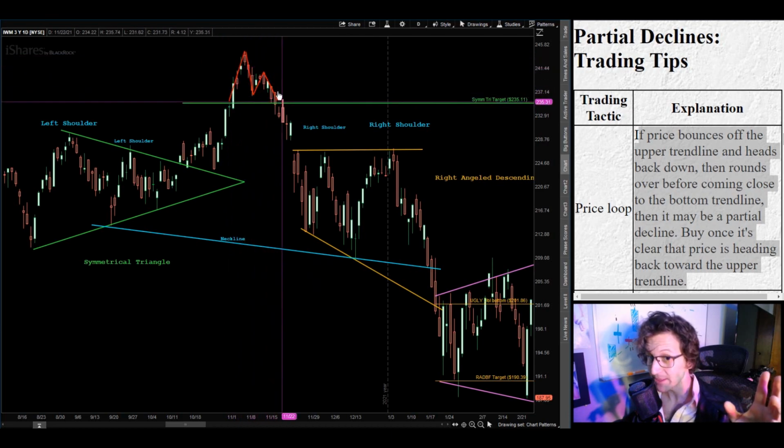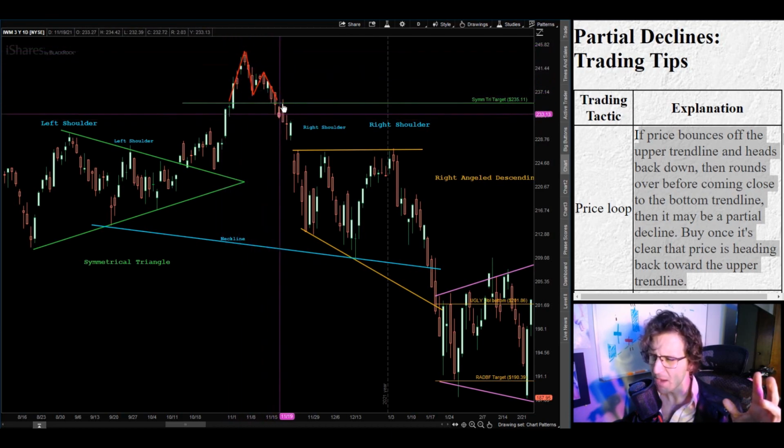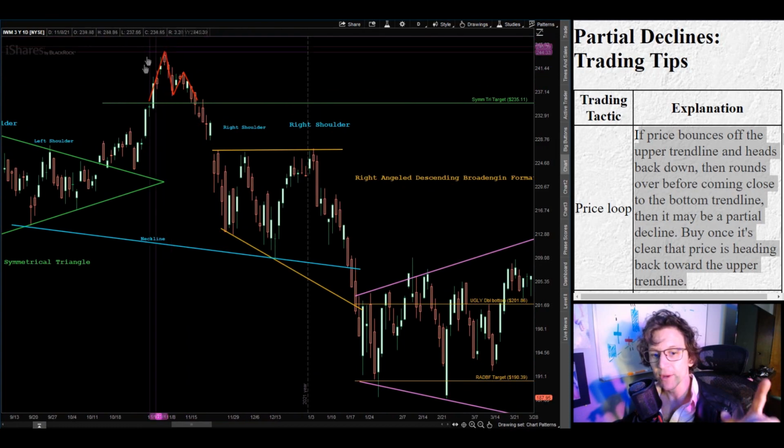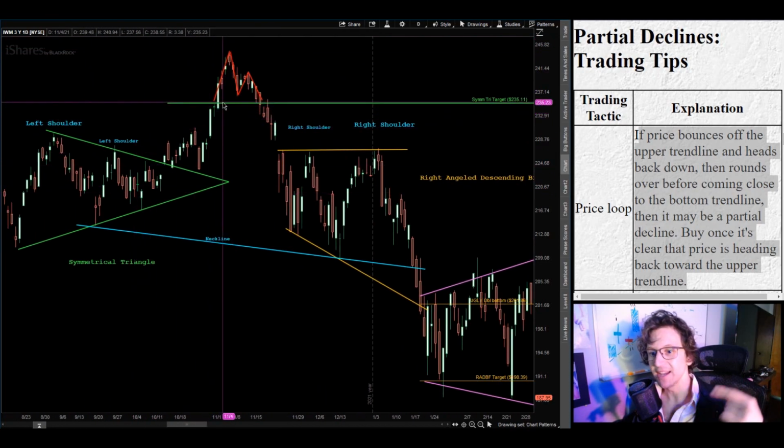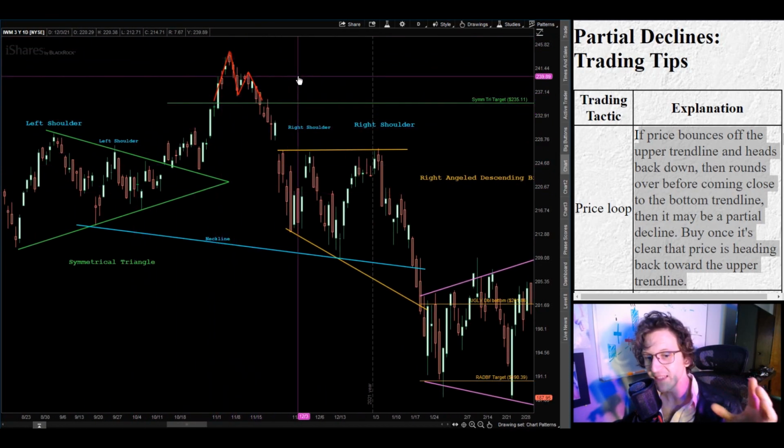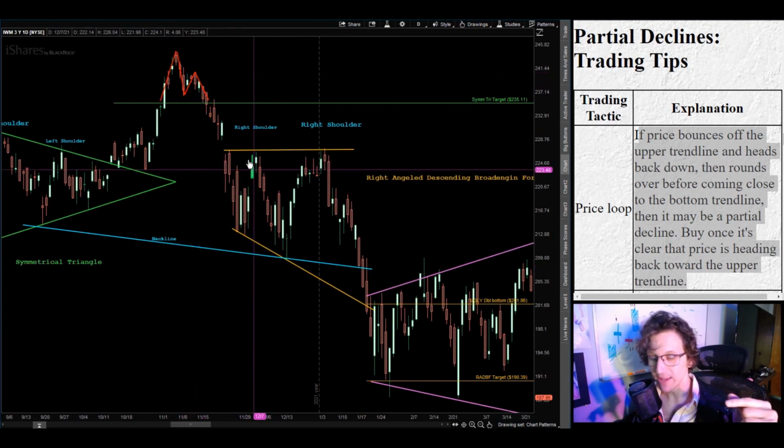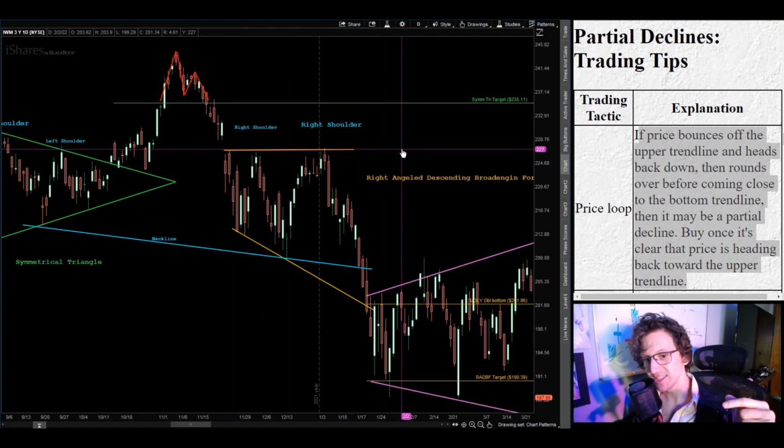There was a topping pattern up here. This is some sort of harmonic pattern that I don't understand, but you can see the symmetrical triangle broke out to the upside, hit the symmetrical target. We had a topping pattern above that level. That's typical. I do typically see topping and bottoming patterns happening above and below horizontal levels of support and resistance, or technical levels such as price targets. And the price did fall down, and it found a level of horizontal support and resistance to form the top